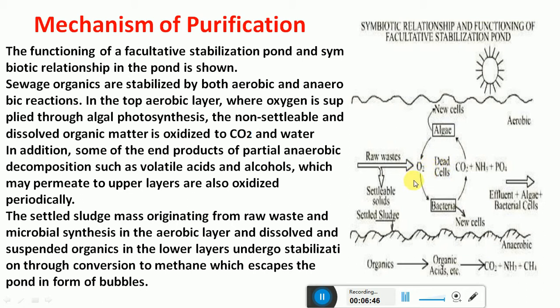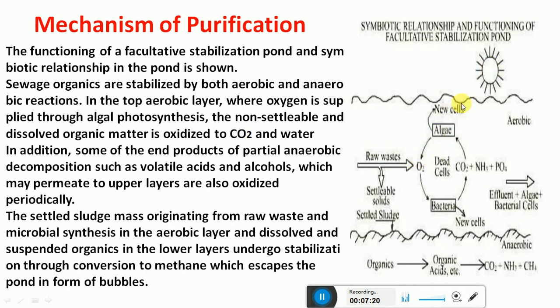Okay. So while degrading, the oxidation takes place. Because of this, we get carbon dioxide and water as the end products with the formation of new cells. Now this carbon dioxide, which is given out due to the oxidation of the organic matter by the bacteria present in this wastewater, is taken up by the algae in the formation of new cells with the liberation of oxygen in presence of sunlight.